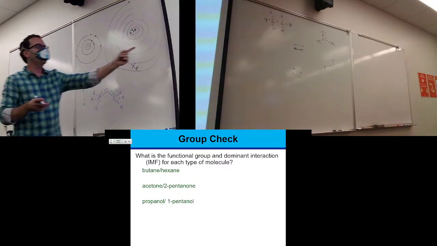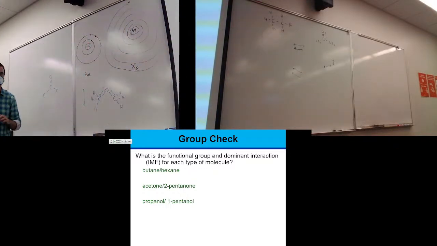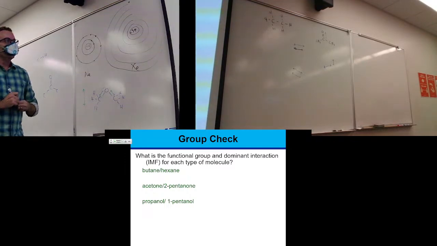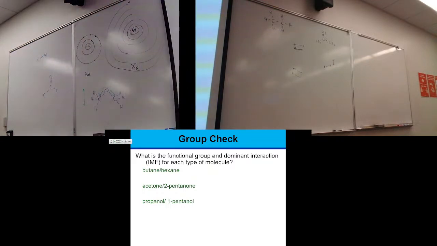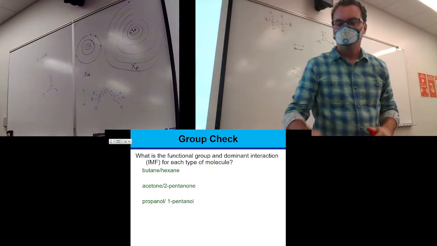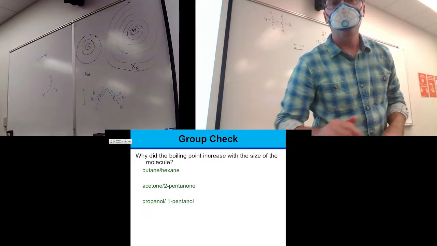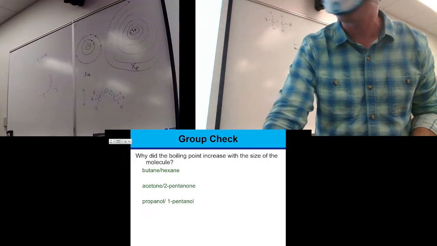And then propanol, 1-pentanol. The OL ending, that's for an alcohol. And an alcohol has an OH in it next to a carbon, without this thing. So just the OH. That does hydrogen bonding. Okay? So the dominant interaction: hydrogen bonding, dipole-dipole, dispersion forces. And the boiling point would go up as you go down this list because you get stronger and stronger